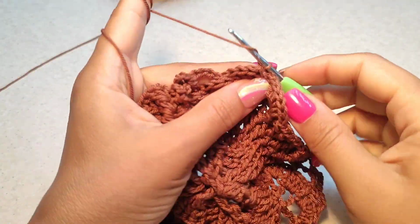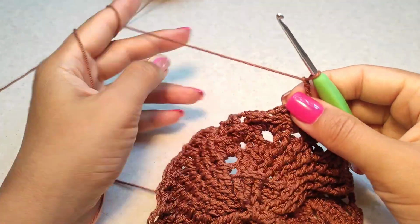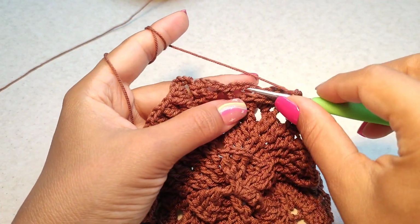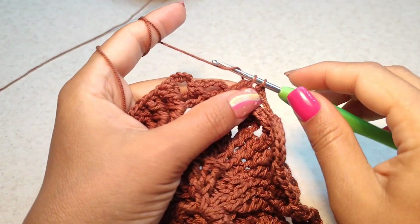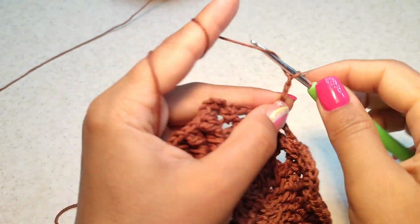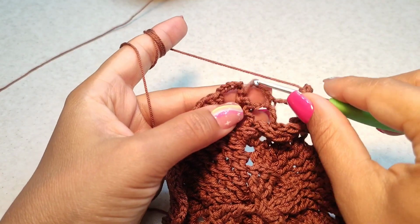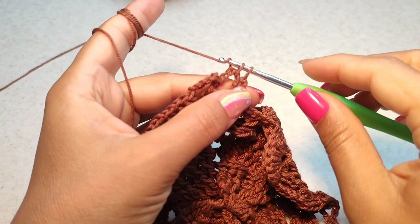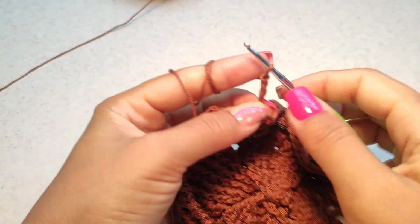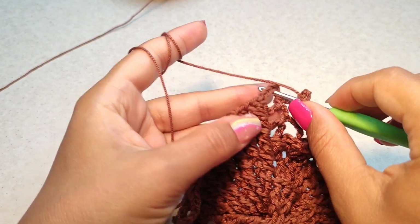Now 4 chain, 1, 2, 3 and 4, a single crochet into 5 chain space, 4 chain again, 1, 2, 3, 4, a single crochet into next 5 chain space, 4 chain, 1, 2, 3, 4, 3 single crochet into next 5 chain space,